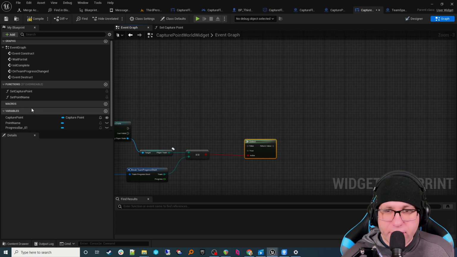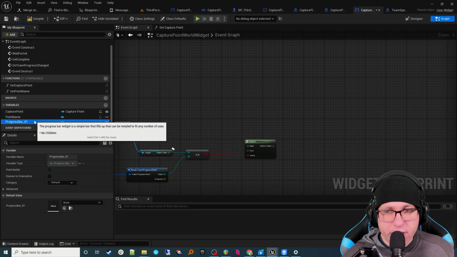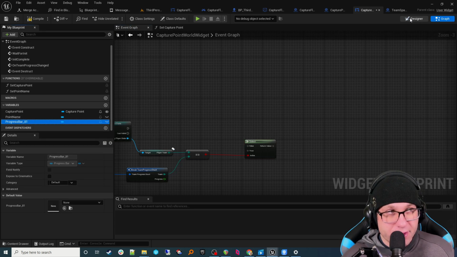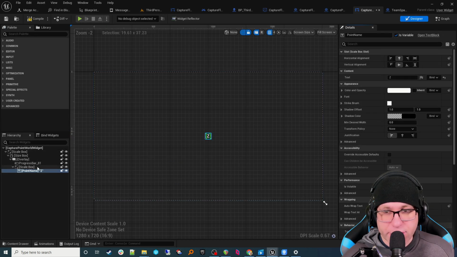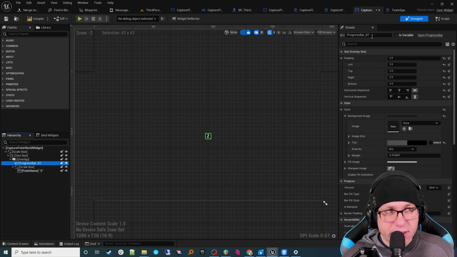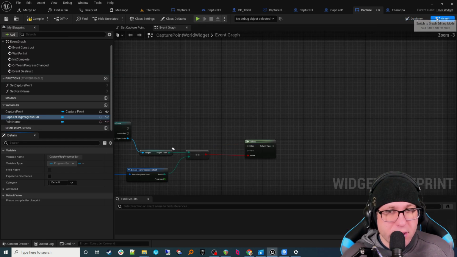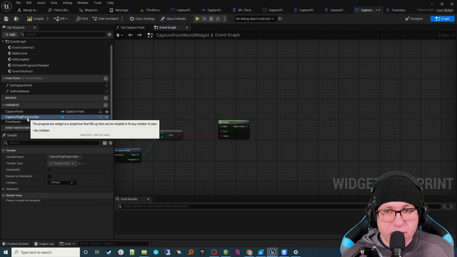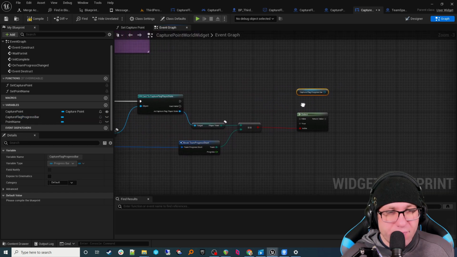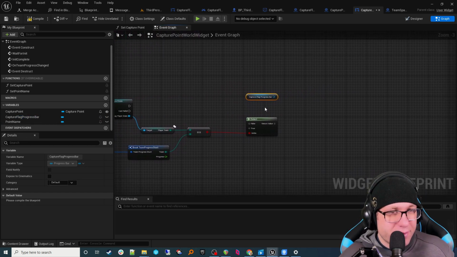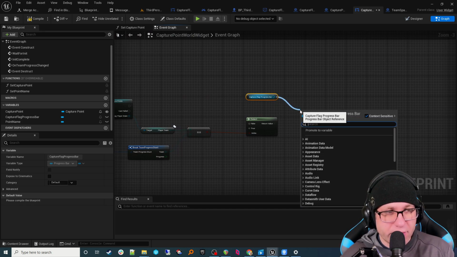So we have our progress bar. I don't like the name progress bar. Let's go to our designer here and change it. We'll say, let's see, capture flag progress bar. That should work. Okay. We could validate. I don't see the necessity here. It's a widget, included widget. So